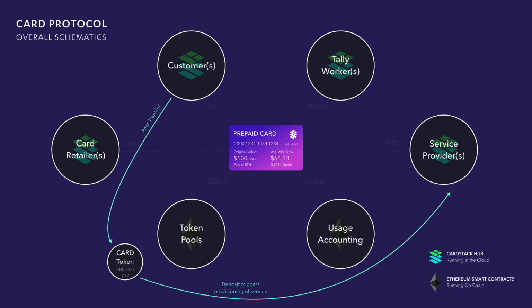And this is something that we have been building, and it was the way we conducted the token event: when the deposit reached the smart contract, in the card token, we automatically trigger the provision of service. That could be granting access to dashboards, creating new entries in databases, or unlocking a domain name for you to start using under your name. So the service provider runs Cardstack Hub, listens to all the changes in the smart contract, in this case the ERC20 contract card token, and provisions a deposit service. So this is very, very simple.